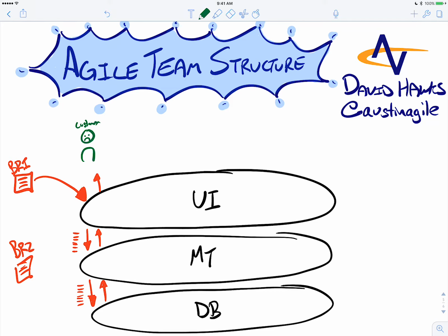Another challenge could be this one. Let's take business requirement 2 here. And let's say each team reads the document, right? So in this scenario, everybody's reading the document, and the document says we need a shape. And so the UI team says we know what a shape is, and middle tier says we know what a shape is, and database people, they think in cylinders, right? So they're like, we know what a shape is, and everybody goes along working on this project, until we get